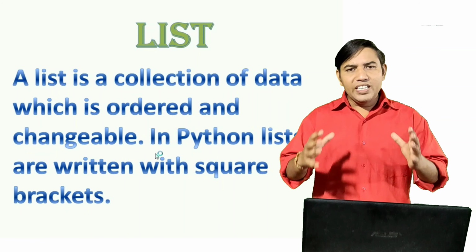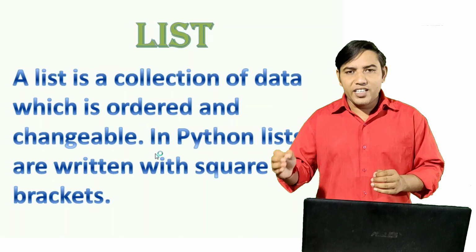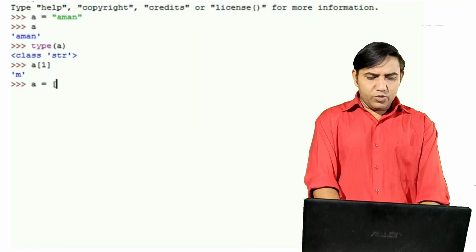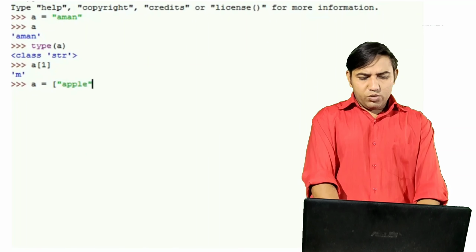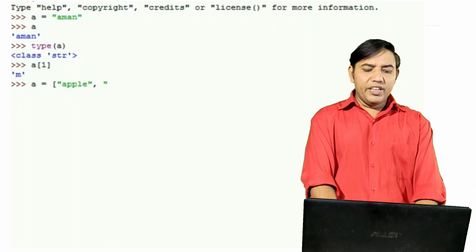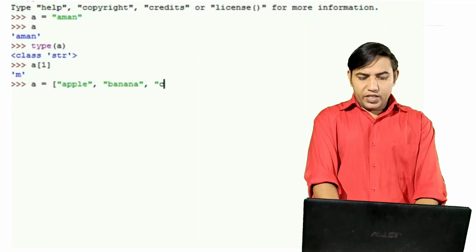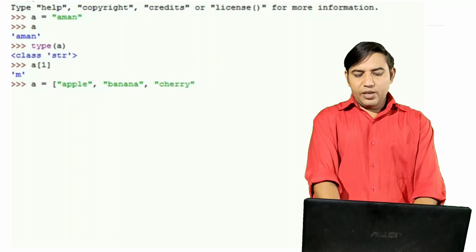Whenever we create a list, we can change the data of the list and its order, and we can access it by the indexing value. Here I am performing all the things practically so you can understand easily. So this is my first variable. Now I am going to create a equals to, and I am trying to store some names like apple, banana and another name, cherry.